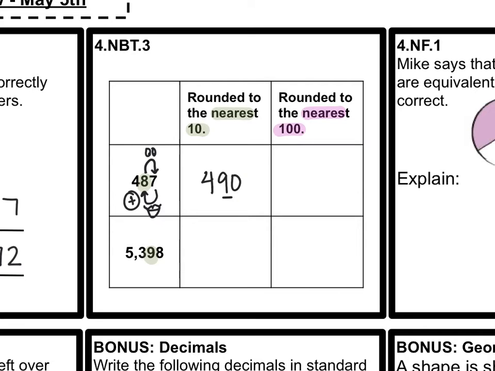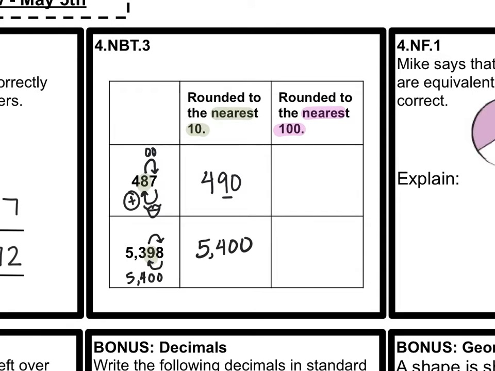For the next one, this one is a little bit tricky. You have the 9 looking to the 8 to tell it what to do. If the 8 is 5 or more, then you need to up the 9 score, which is the case. However, this 9 means it needs to go to 10. So where does that extra 1 go? What that's going to do is make that 9 a 0, and it's actually going to up the score of the 3 to a 4, making your number look like this. So actually this number, 5,398, is going to round to the nearest tens place,